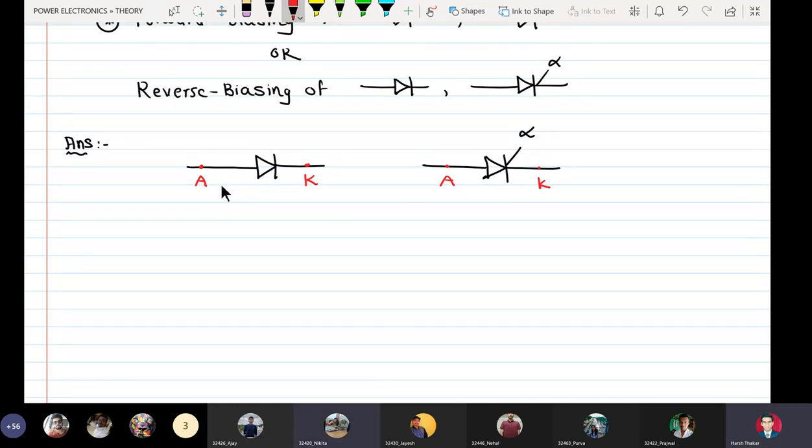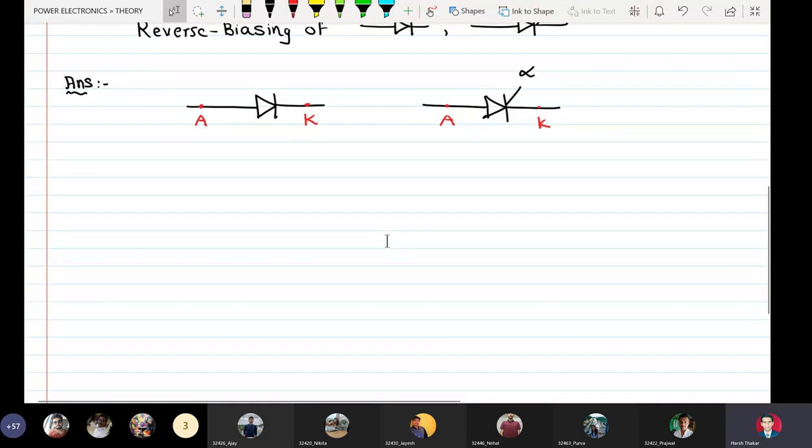Sir, apply external voltage to the device, which makes the device operate in the forward region. No, your answer is incomplete. When you say external potential, you have to specify whether it is AC or DC. So which kind of voltage can forward and reverse bias the diode? Which kind of voltage do you need to apply across the diode or SCR to make it forward or reverse biased, DC or AC?